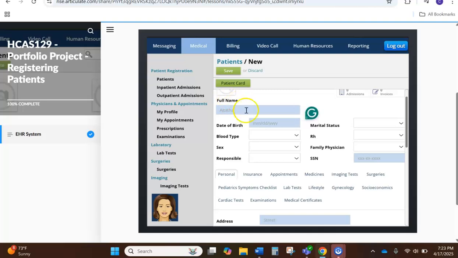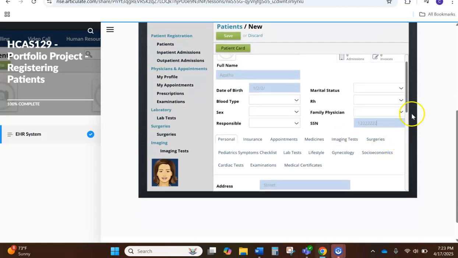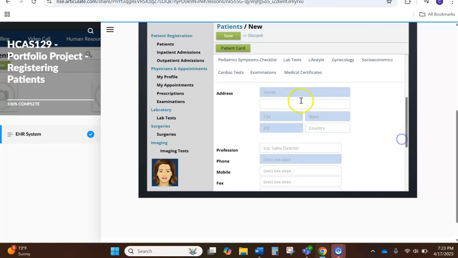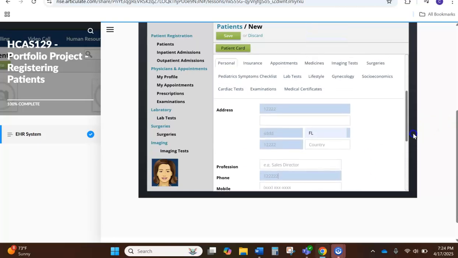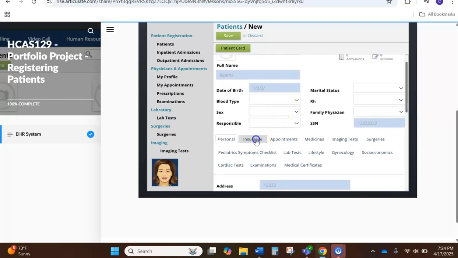Agatha. Okay, you're going to type in her date of birth, and her social security number, and you're going to scroll down and type in her address and her city and her state and her zip code and her phone number. You're going to make sure all the blue information is typed in, and then you're going to go to her